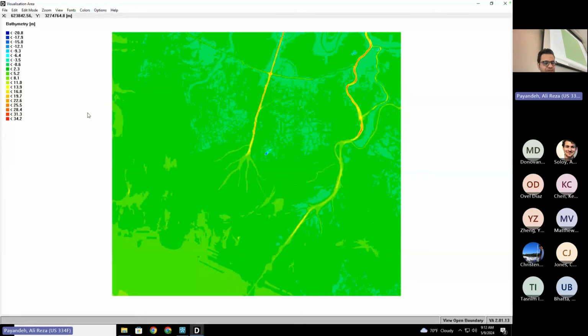Let's add the southern boundary first. So you go to the edit. The edit is on open boundaries. It means that we are editing the open boundaries. And then click on edit and add. The edit mode should be on add. So edit should be on open boundaries and edit mode should be on add, because we want to add an